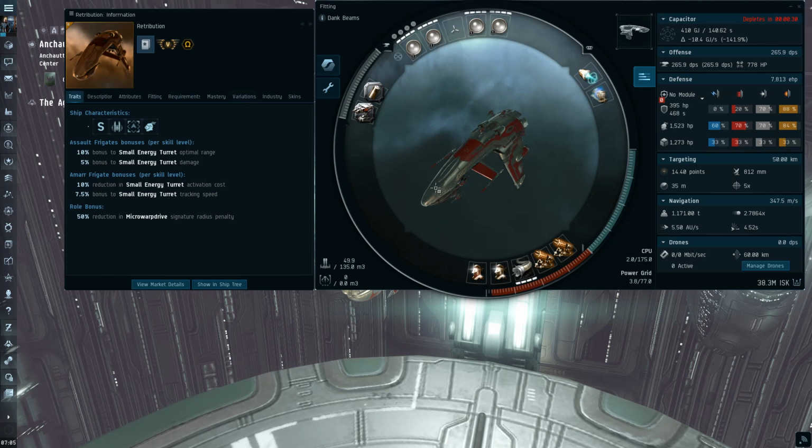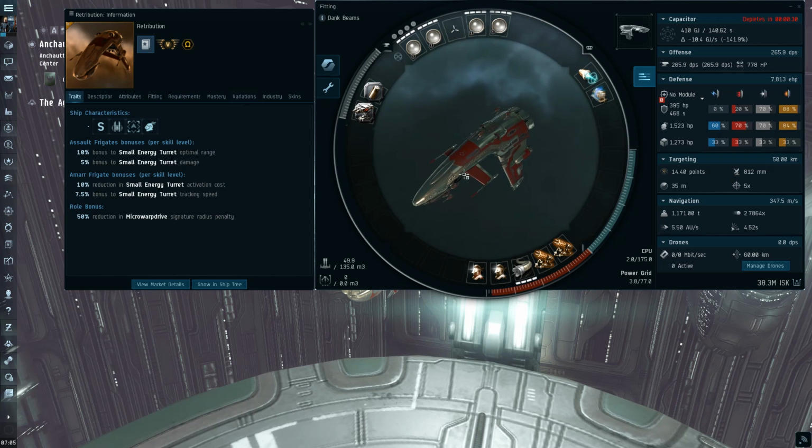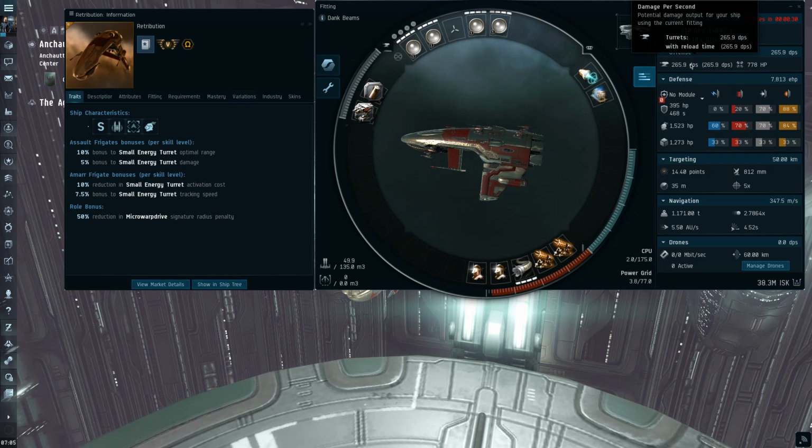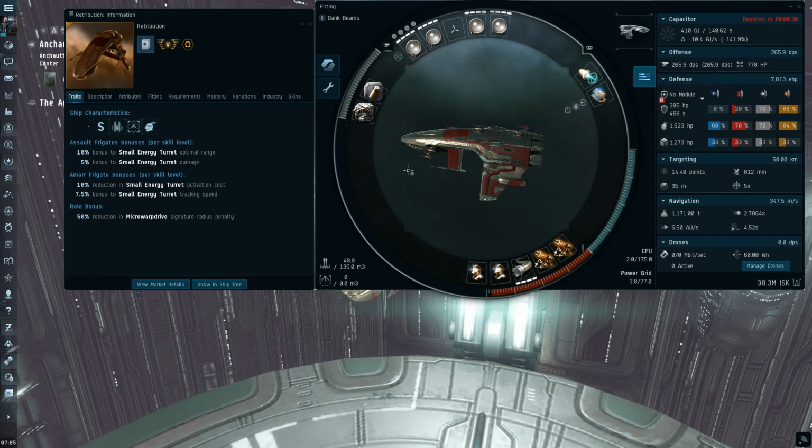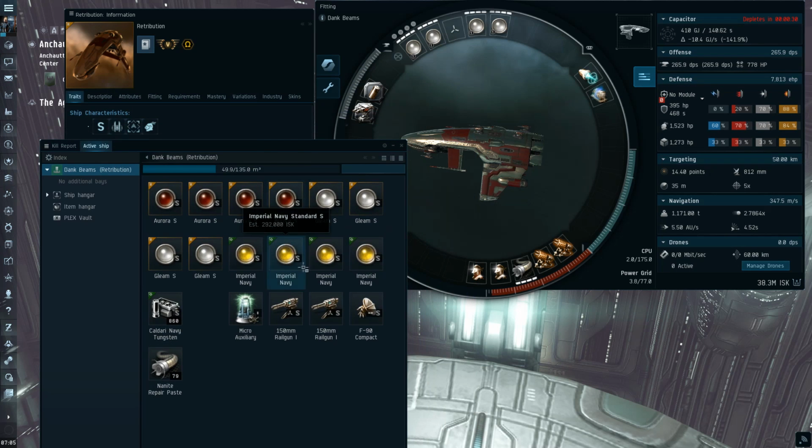So this fit that I'm running is entirely focused on DPS, and we only get 265 DPS, but that is to the entirety of heated scram range and a bit beyond. You also have the flexibility of being able to load into different damage types on this. You can roll standard, and then you get a 24 kilometer optimal, so you can shoot people